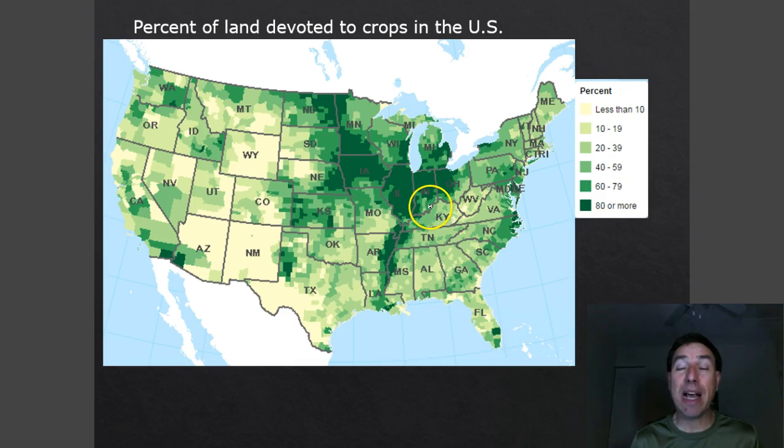But we've basically maxed out all of our arable land, and arable land is that land that's able to be planted. So we've basically maxed that out in the United States. The rest of these areas that don't have a whole lot of agriculture going on in them basically don't have the ability to really support large crops. And so there's not a whole lot of farming that happens there. Either the soil's poor, or the climate's not right, or it doesn't get enough rain, or it gets too much rain. It's just not the right conditions for growing crops.